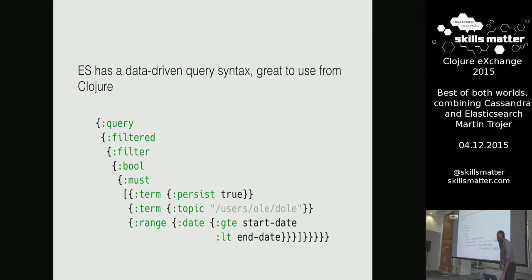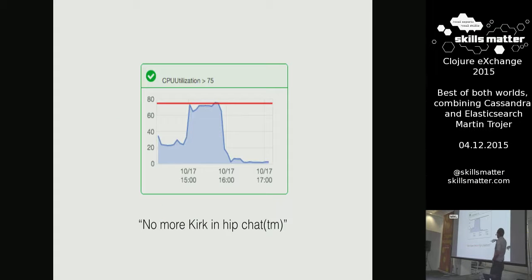So did it work then? Well, here's some Cassandra CPU usage. So this is our base load when not many are running queries. But then when some people started asking Cassandra questions, it kind of killed itself. So when it's above the red line, the node is so busy that the other nodes in the cluster think it's gone. And this is when we deployed the new world, and then it's flatlined since then. So Kirk disappeared from Hipshot, and it was kind of great.